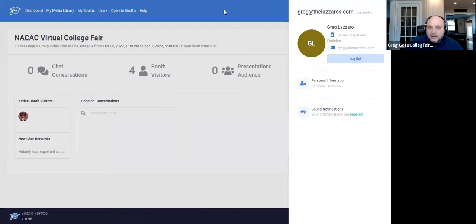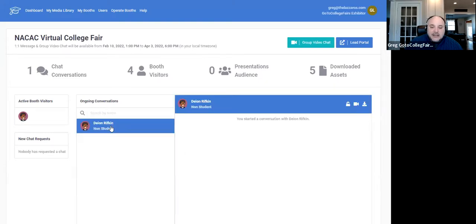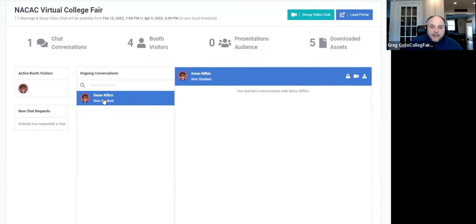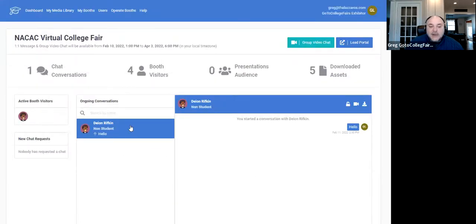But we recommend the audible notifications, especially if you're not glued to your computer, so that you know if somebody is either trying to chat with you or entered the booth. What we want to do here is not wait, because it may not be long that they leave. So while they enter the booth, you want to go ahead and connect with them. You can see who they are, a little bit about them, and you want to start a conversation and say hello. Okay, that's an engagement that now you're more likely to get them to respond than if you waited for them to chat with you.